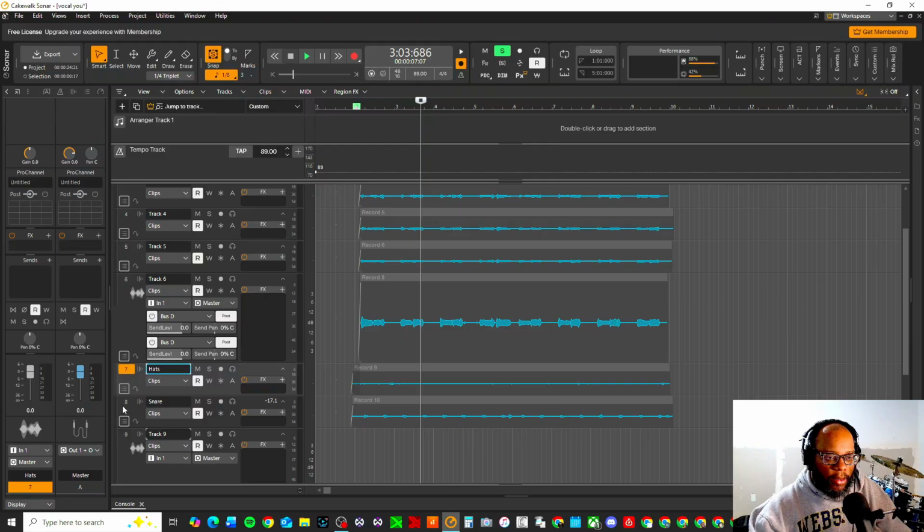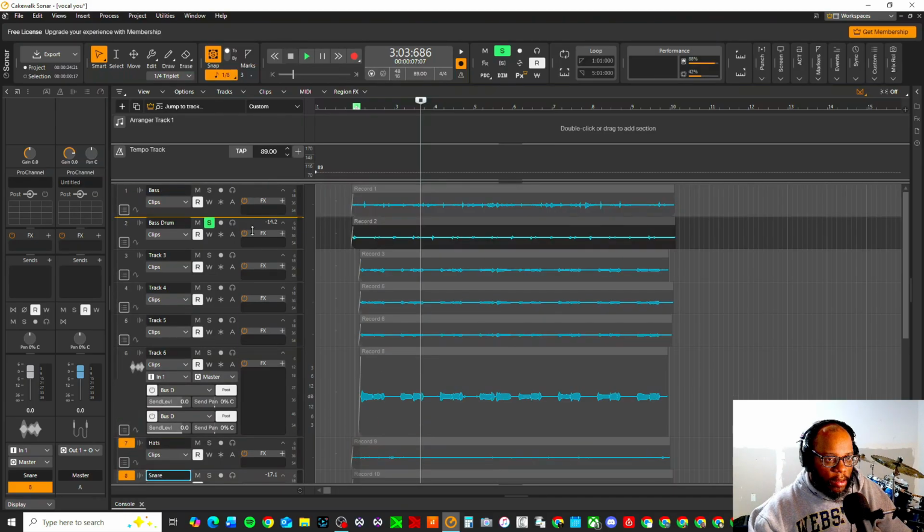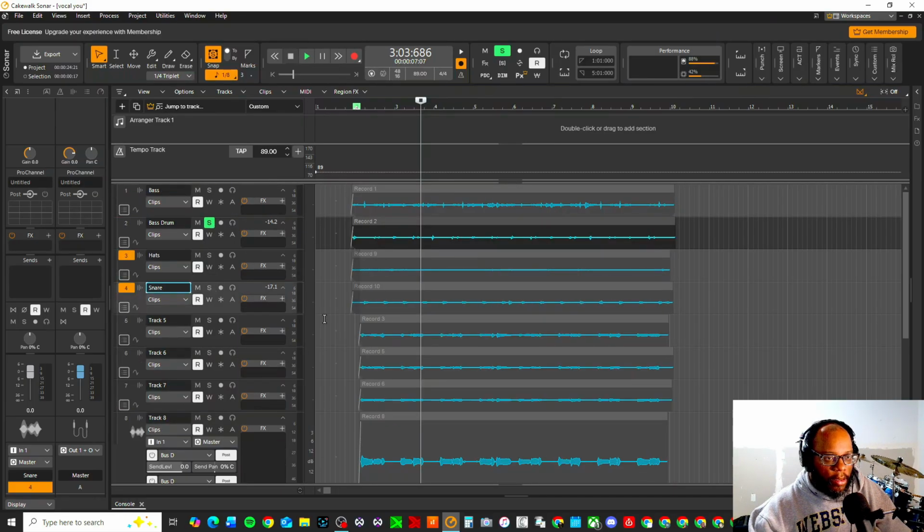If you press Control while you have them selected, you should see in between it, like an arrow, 2 arrows. Can't zoom it in, but then you'll see it move up. Then I can move these up, and I'll put it right here. Okay, now you can notice the hats and the snares up top, and the bass I'm gonna move